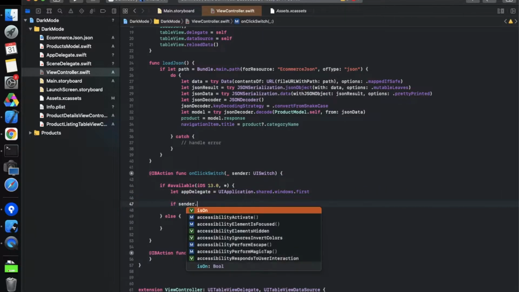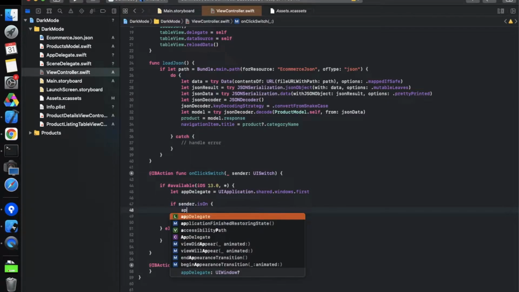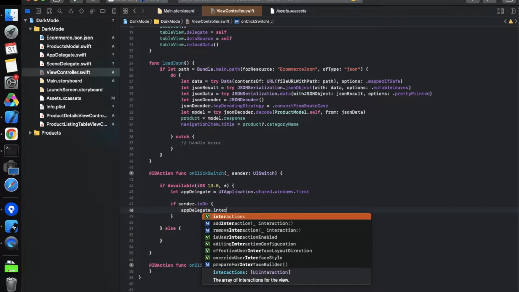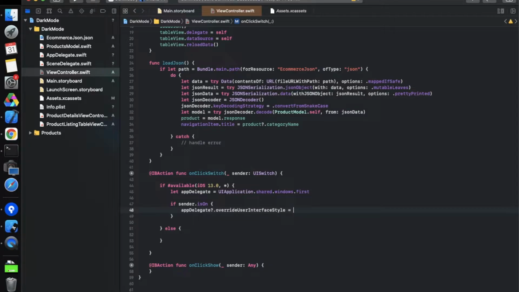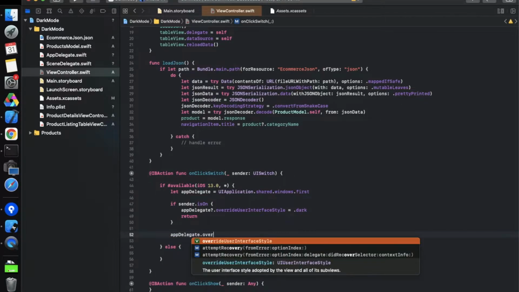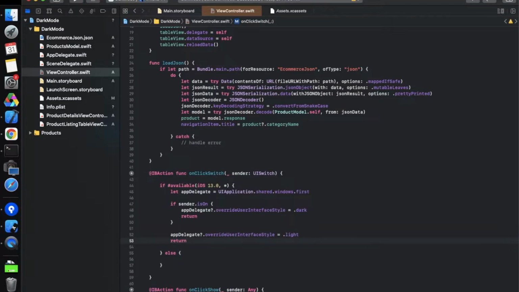So sender.isOn property, and if the switch is on, that means dark mode is on, and we have to update this property, the interface style: overrideUserInterfaceStyle, and it should be dark, like this. And we simply return over here. If it's not on, then we change this property to light: overrideUserInterfaceStyle equals .light, like this, and we simply return over here.